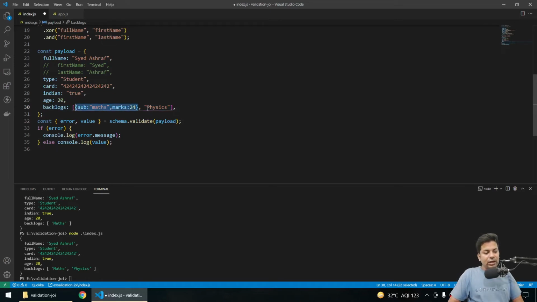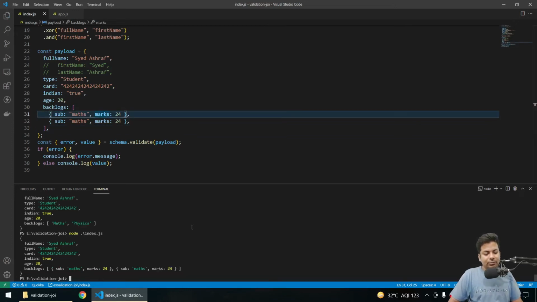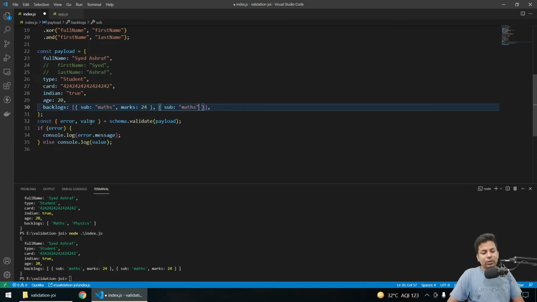You have to send an object, with subject name and marks, also in an array. It passes because it's an object. But if I just send the subject, not the marks, then also it passes. So now we'll add validation to the array.